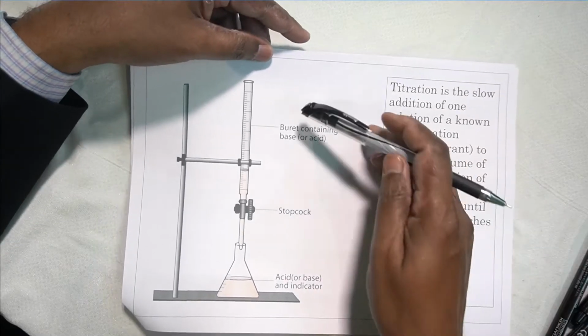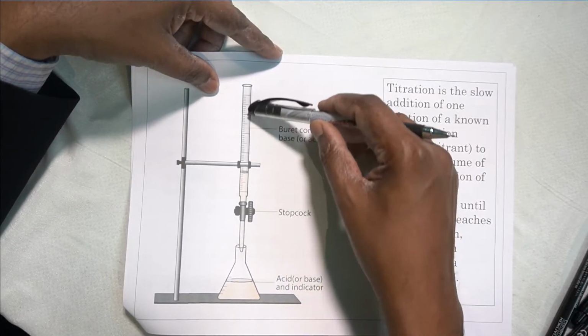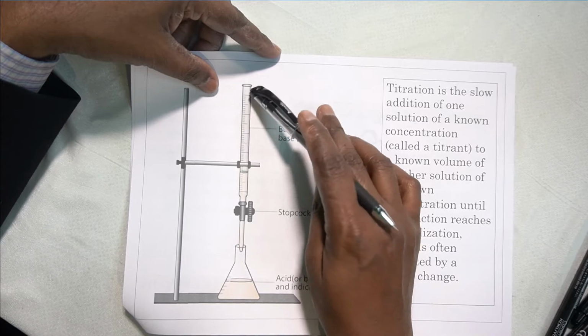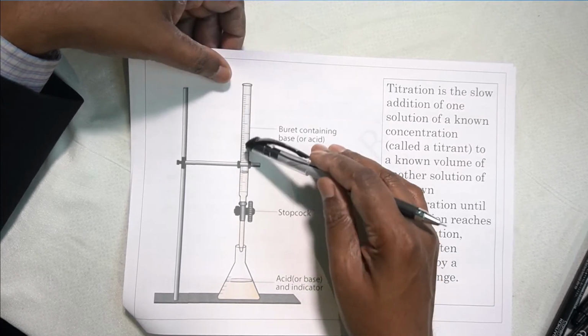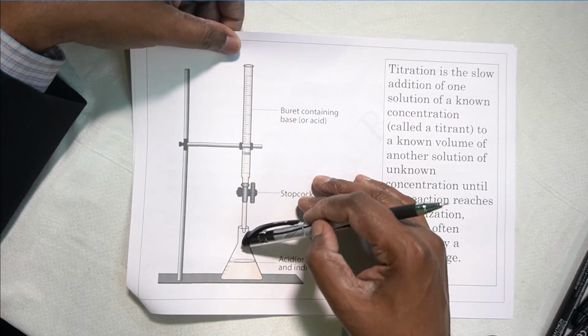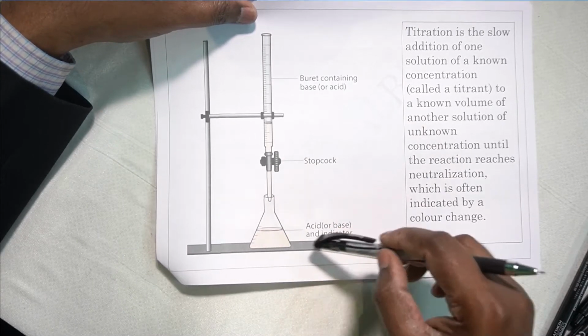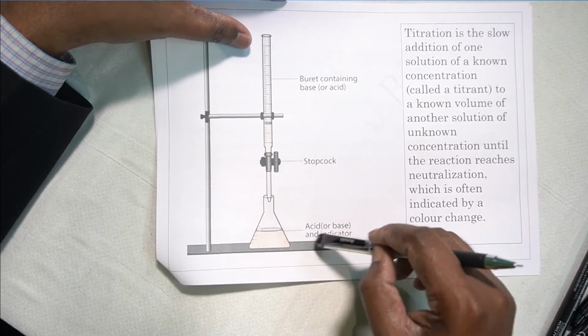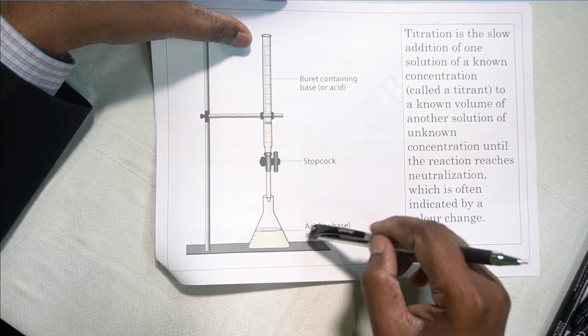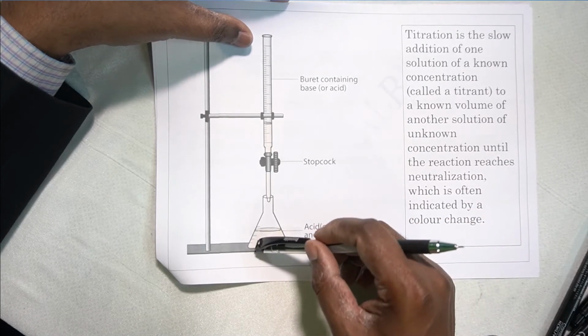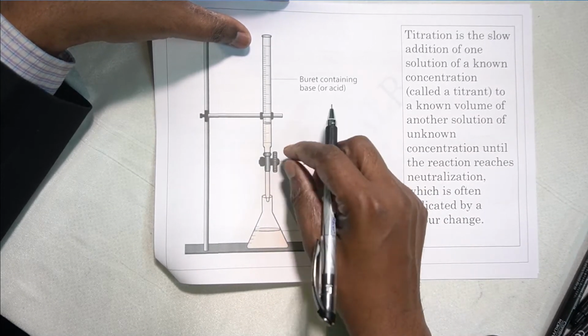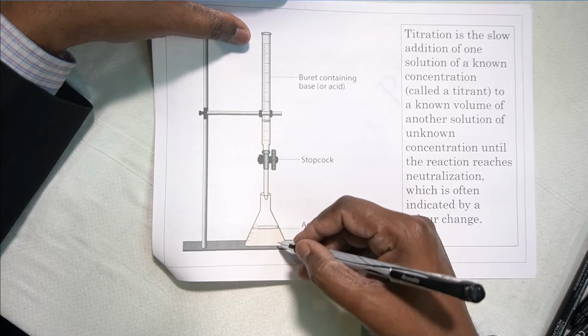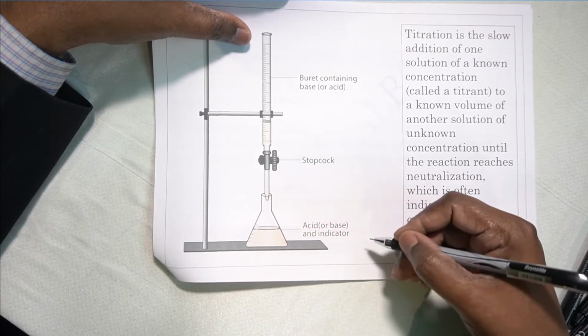We have an apparatus here, a burette. It's a long cylindrical tube with graduation markings where the solution is held and you can measure how much solution there is. It has a thin nozzle, and there's a conical flask which already contains the alkali or the base with the indicator. Phenolphthalein is added and the whole solution turns pink. Then you open the stopcock and slowly add the acid until the pink color disappears. That means neutralization is reached.